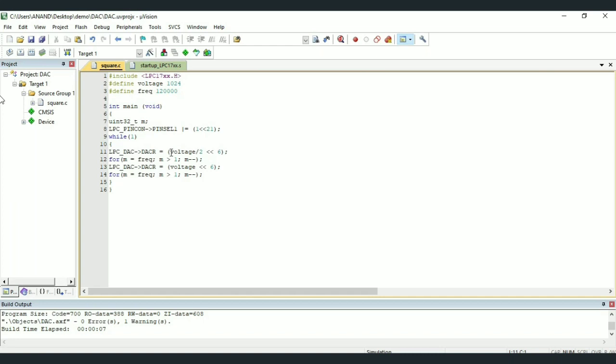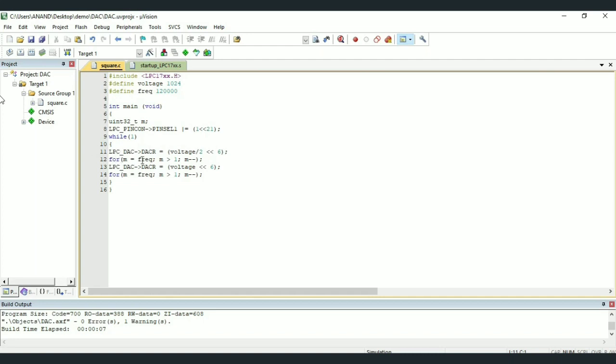Then we have LPC_DAC->DACR, that is the DAC control register, whose value is equal to VOLTAGE by 2, that is 1024 by 2, which is nothing but 512. The binary value of this will be left shifted 6 times.